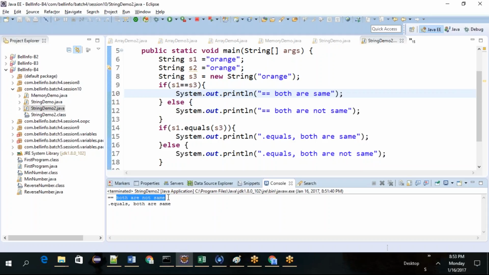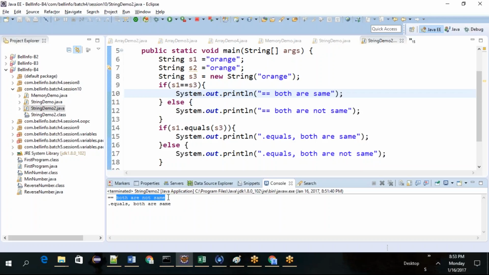What is the difference, why both are same, and what is the difference between double equals to and dot equals to, and why s1 double equals to s3 is returning not same, but s1 dot equals to returns same. Then you need to say double equals to operator is used for comparing a reference variable, dot equals compares the object value. Okay.